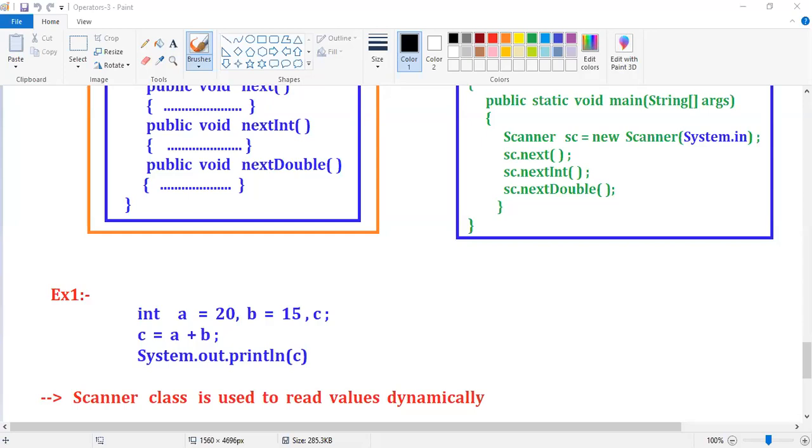In that, nextByte is one method, nextShort is one method, nextInt is one method, nextLong is one method, nextFloat, nextDouble, and nextBoolean, and we have the next method, and we have the nextLine method, and we have some other methods.